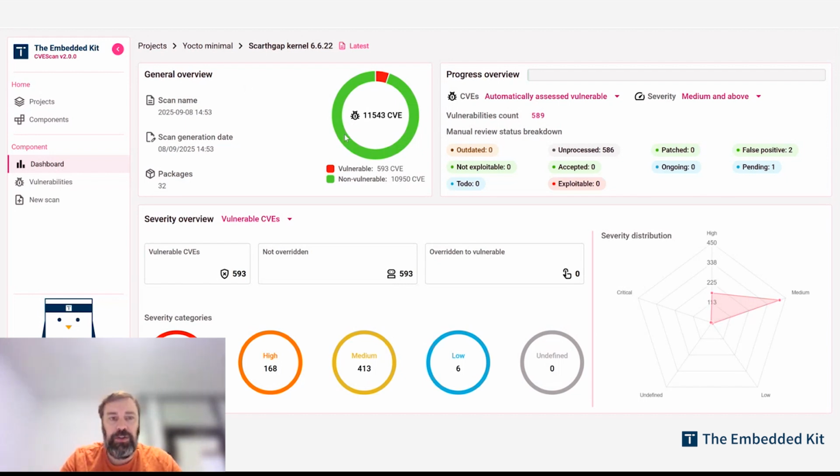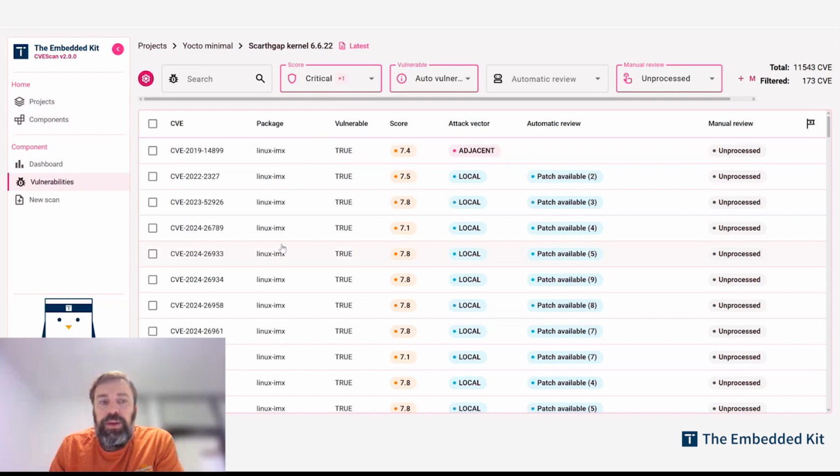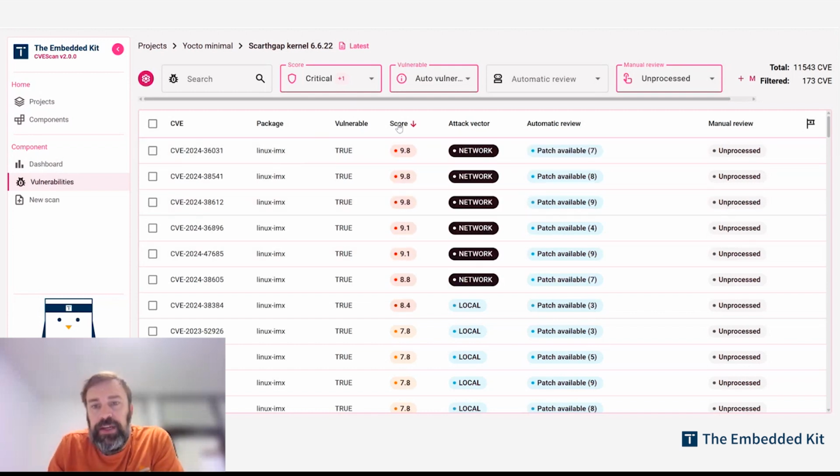You can find on the top left part a summary of the number of vulnerabilities and information about the scan itself. On the bottom part, you find information about the severity level of your vulnerabilities applicable to your system, from very critical to low. When you open this list of vulnerabilities, you can easily classify by score and start managing, usually